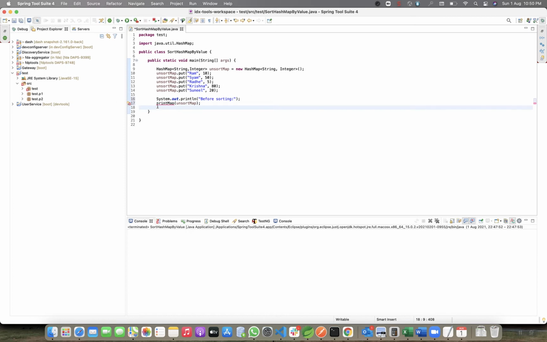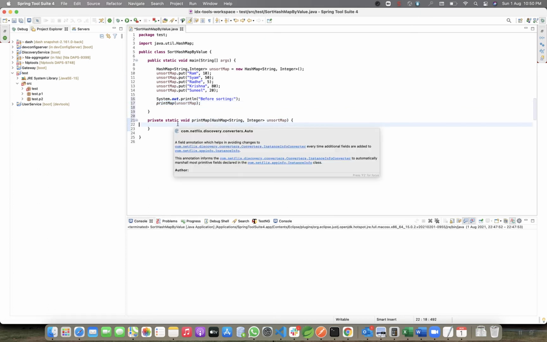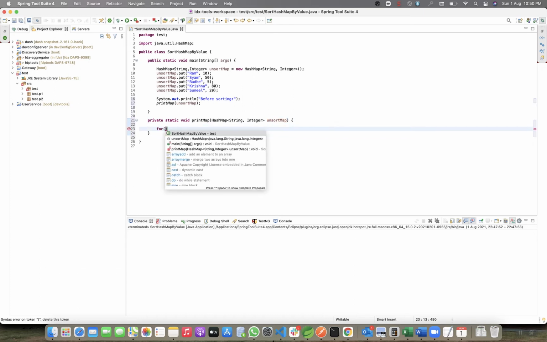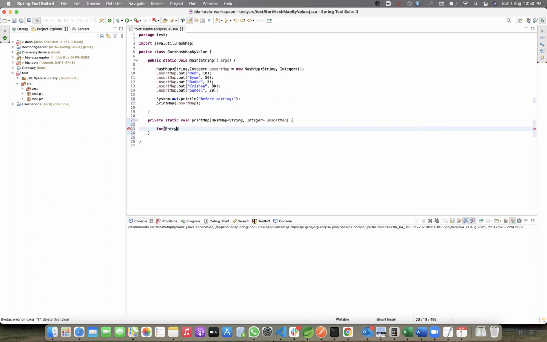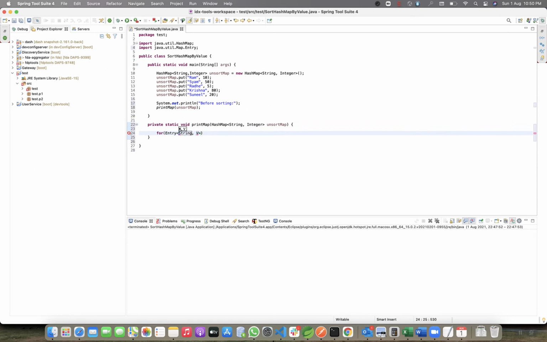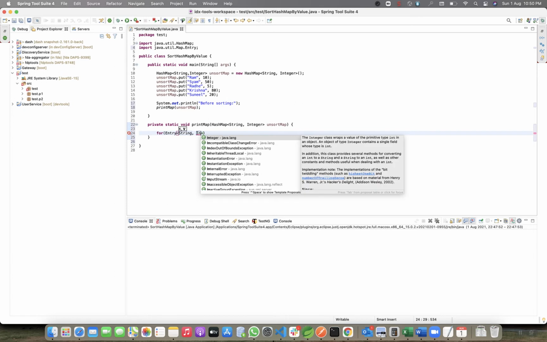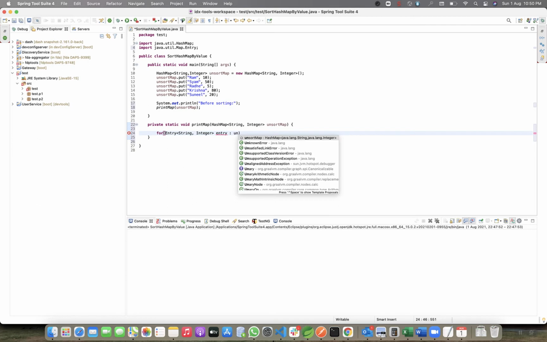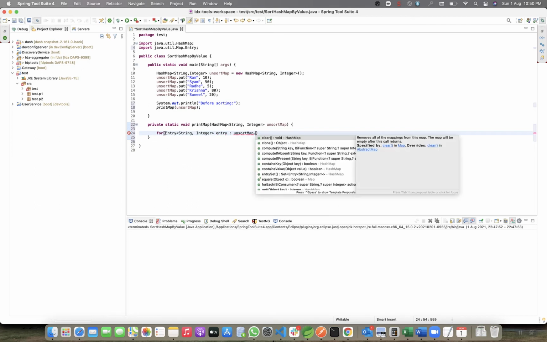So here I will create a method. In the for loop I create an entry from the hash map, where the key will be a string and the value will be an integer. This will be called entry from unsorted map dot entry set.